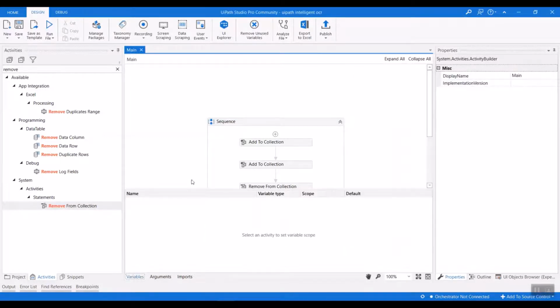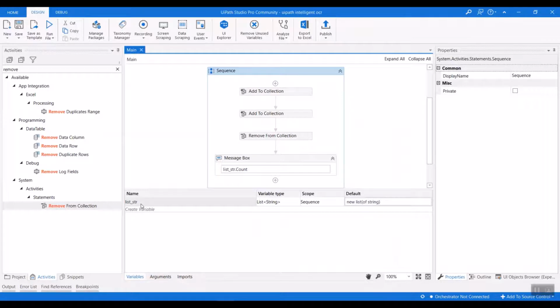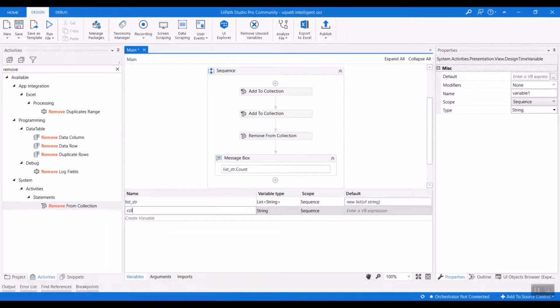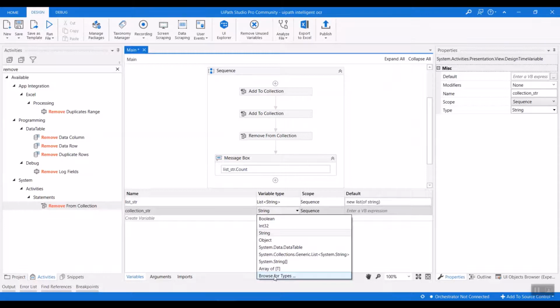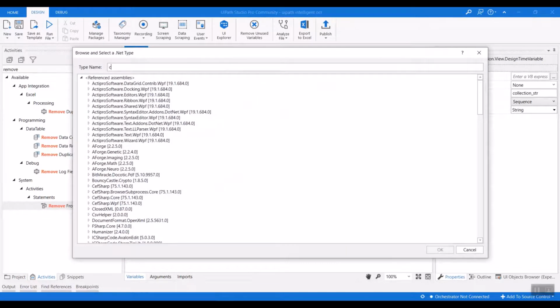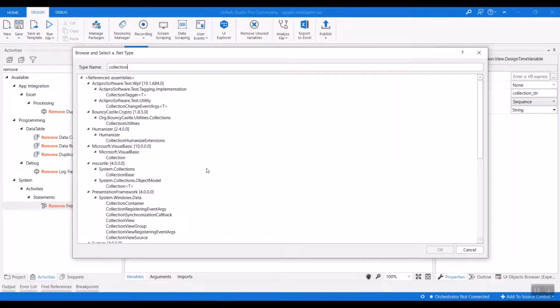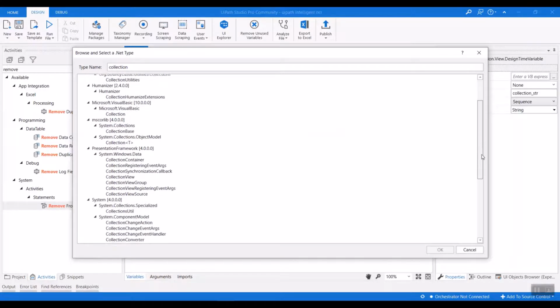So this is actually a list of string, right? You can create the same one as a collection of string. You can browse for types and enter Collection, System.Collections.ObjectModel, and always look for the generic one.